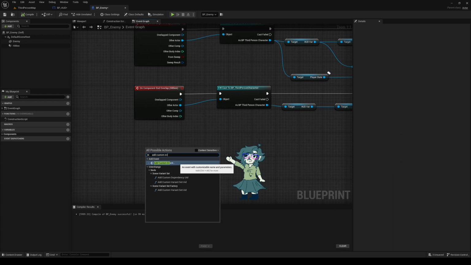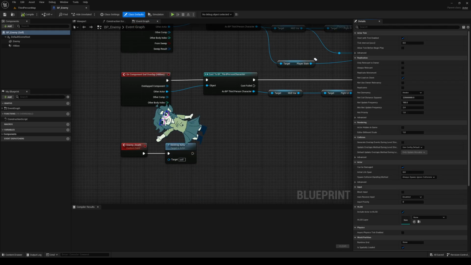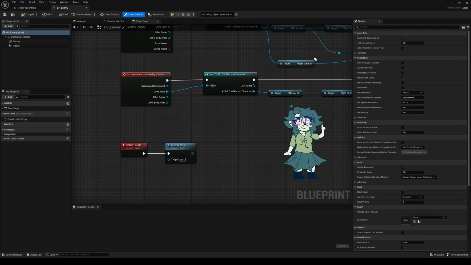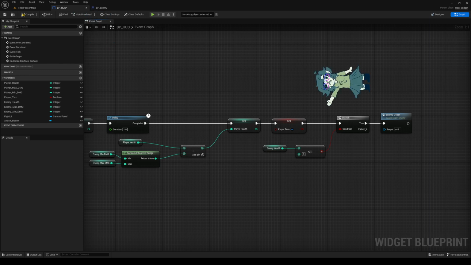Finally, to end the battle, make another custom event within BP_enemy. Call it Enemy Death. Pull the exec arrow off of it, and add the node Destroy Actor. The target is already by default self, so you don't have to plug anything else in. Compile and save. Then, in BP_HUD, at the end of the enemy's attack, pull off the exec arrow from setPlayerTurn